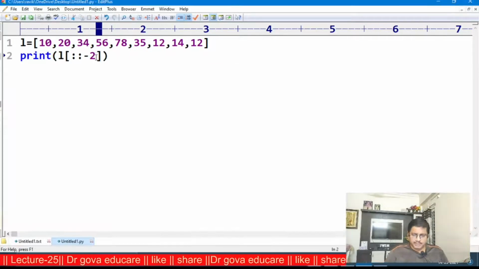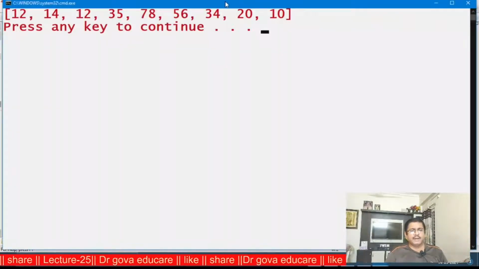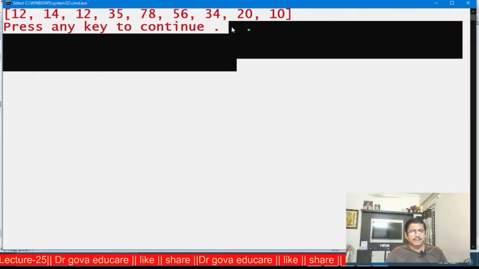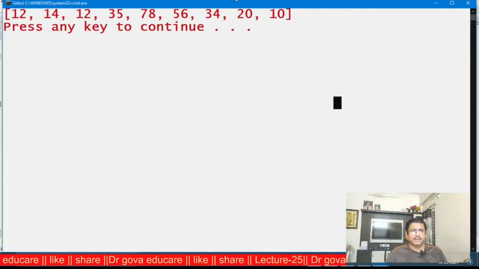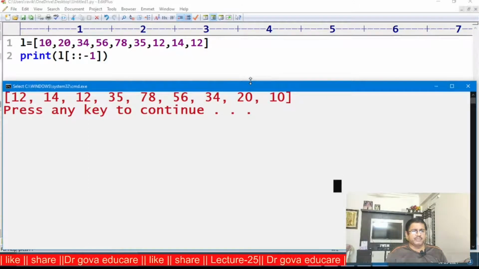Now observe here, the negative index -1, start value -1. In this case, the entire list will be displayed in the reverse order. That is 14, 12, 35, and so on up to 10.